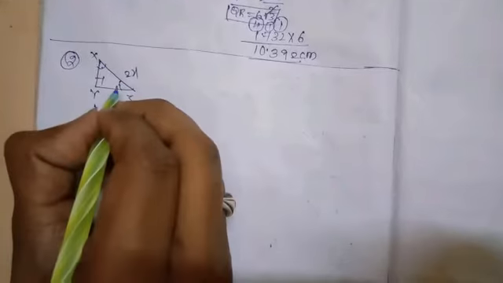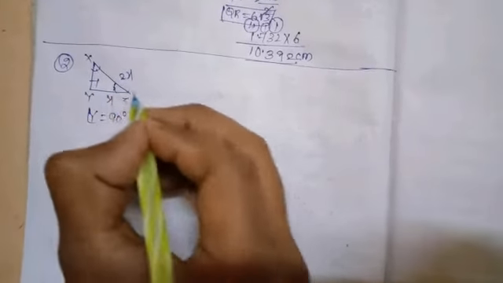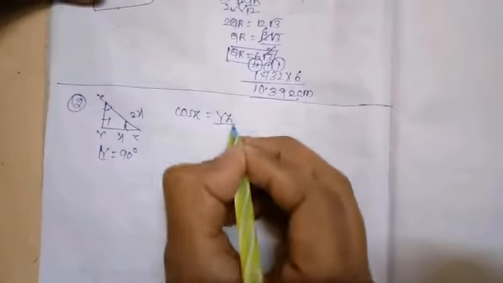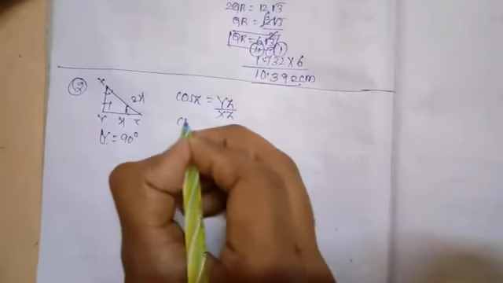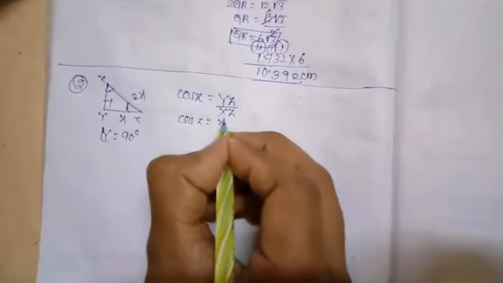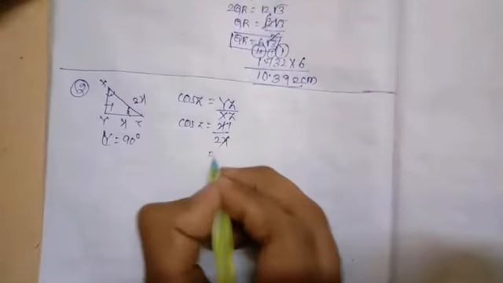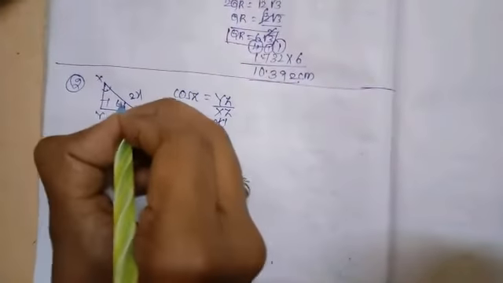So when we take this angle, this side is the adjacent side to this angle, and this is the hypotenuse. Adjacent side by hypotenuse equal to cos. So cos Z equal to adjacent side YZ by XZ. Cos Z is equal to YZ, which means x, by XZ, 2x. X will be cancelled, so we get 1 by 2. When we get 1 by 2 in cos, the value is equal to 60 degrees. So we got this angle 60 degrees.